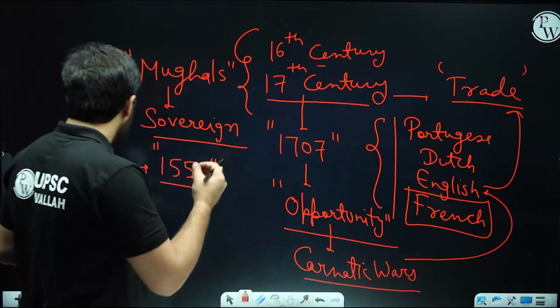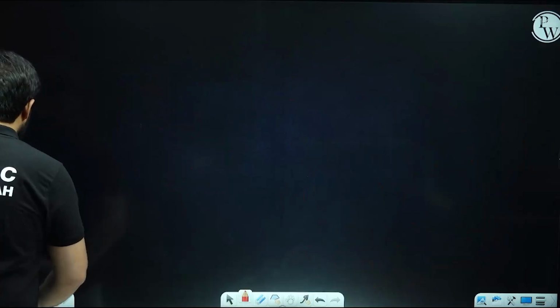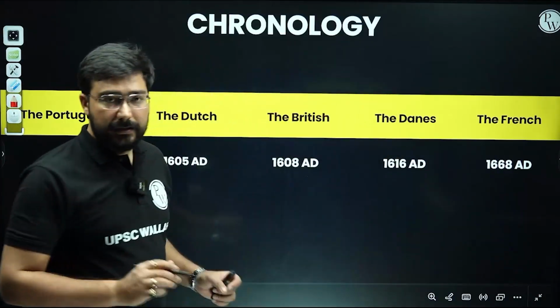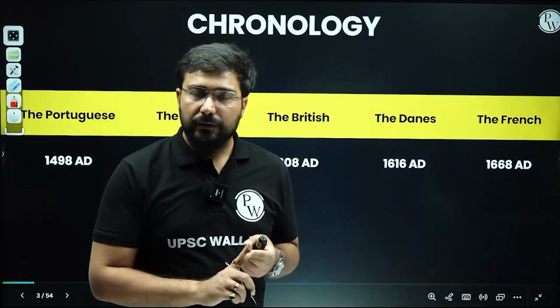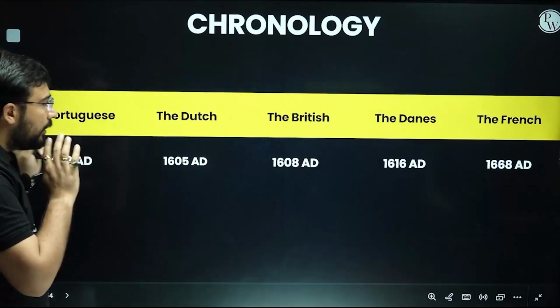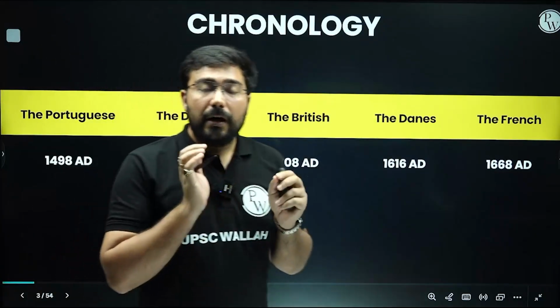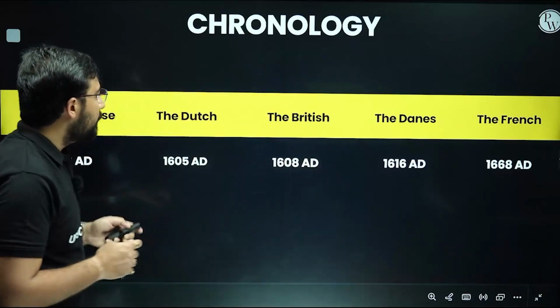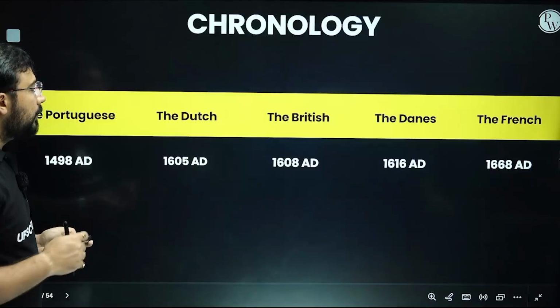Now let us take each and every topic in detail. Once we take this in detail, you will have a very good understanding. I hope the timeline is clear. Number 1. Number 2, you are able to understand which power is going to interplay for the Empire of India, between British and French. Let us now continue.